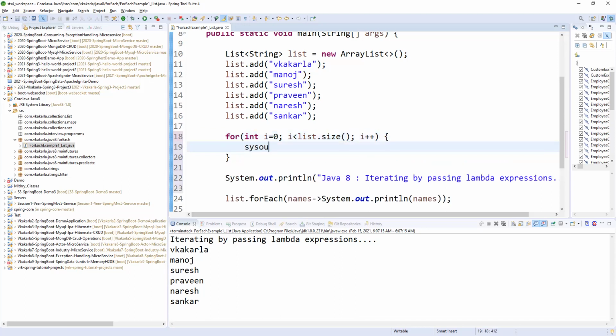System.out.println of i. Like this we are iterating.